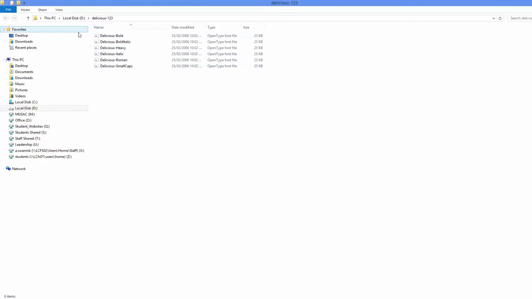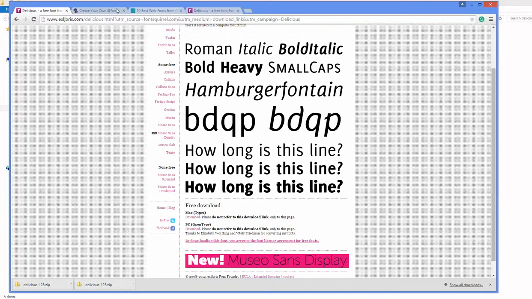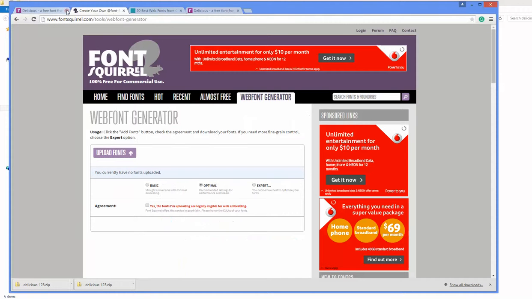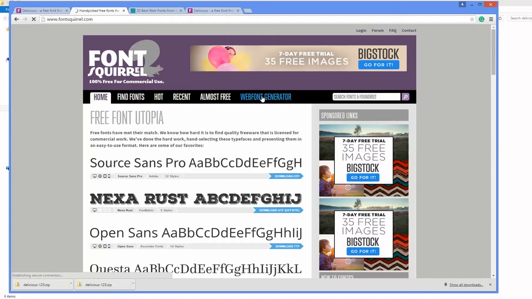Right, so inside this, now you'll see that we've got these open type fonts, which is good, except that not all browsers use this open type font file. So what we're going to need to do is head back to Font Squirrel. Okay, so I've just done a Google search for Font Squirrel, so fontsquirrel.com is where we need to go to. Let's go to the home page, and I need to go to this thing called Web Font Generator,